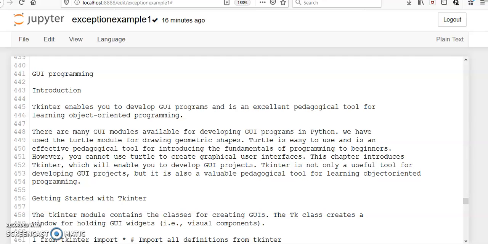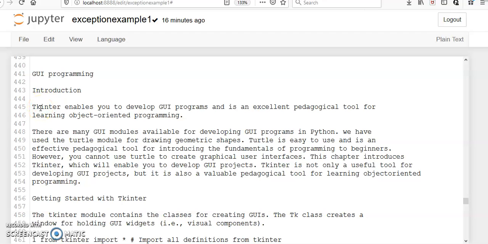Good morning, students. Today we are going to discuss the fifth topic, fifth unit: GUI programming. This GUI programming is to enable user interaction with Python programs. GUI means graphical user interface.